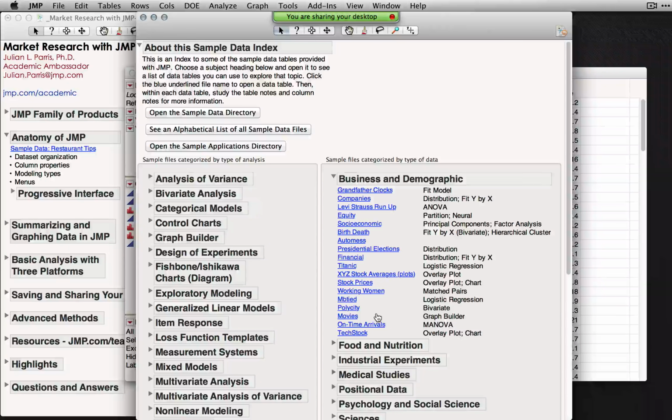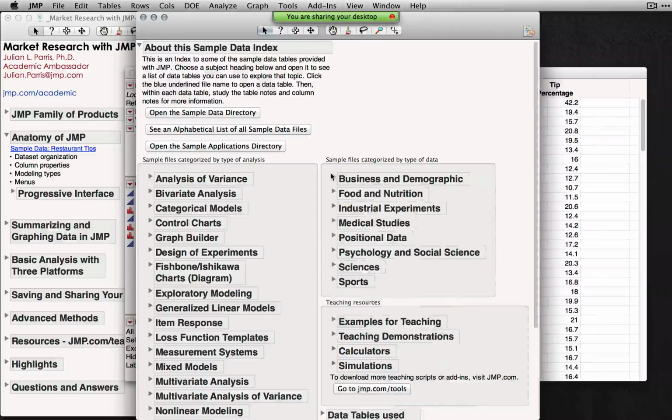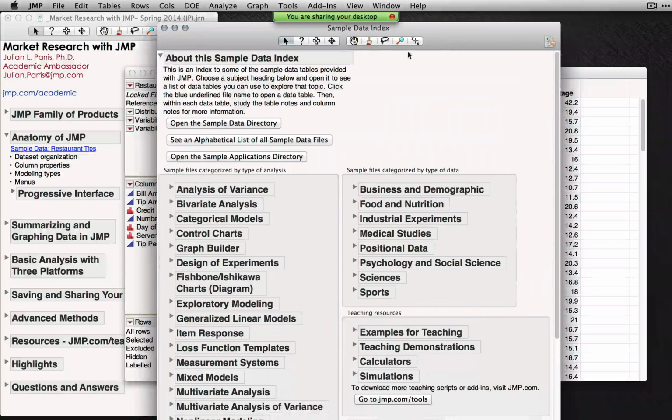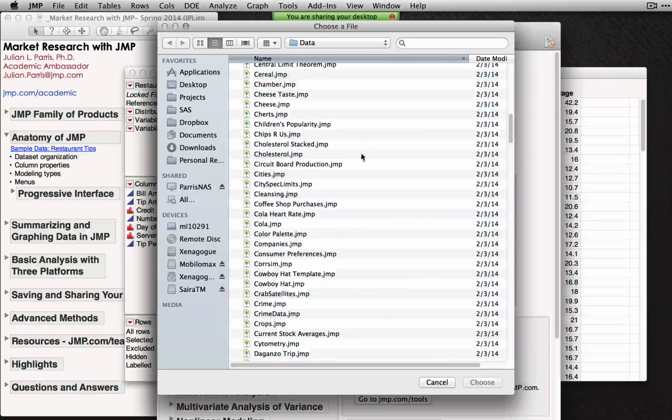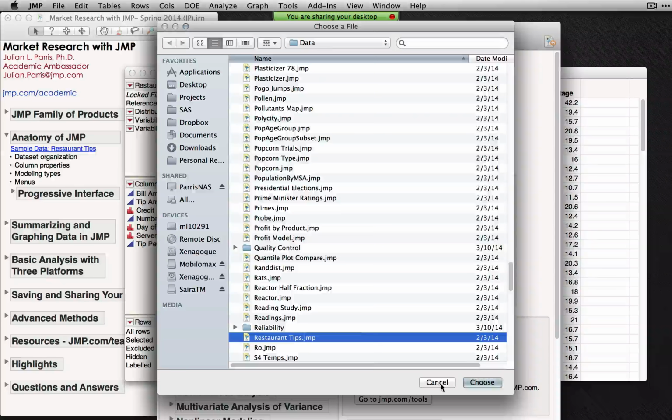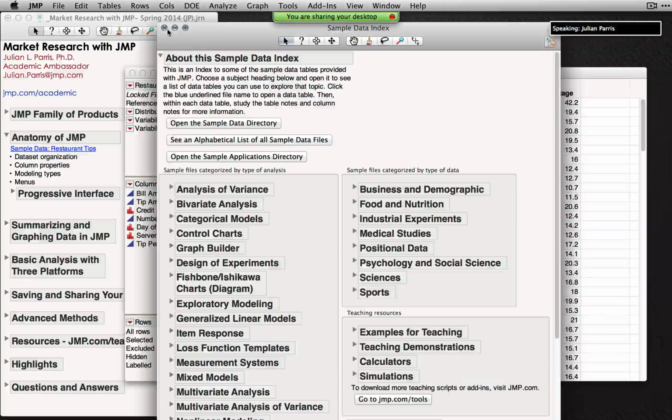Nothing makes learning software easier than actually working through real examples. The data set I just opened, which is called Restaurant Tips, can be found directly if you click the Open Sample Data Directory link, and you can just scroll down to Restaurant Tips. Since I already have this open, I'm just going to cancel out of this and go back to the